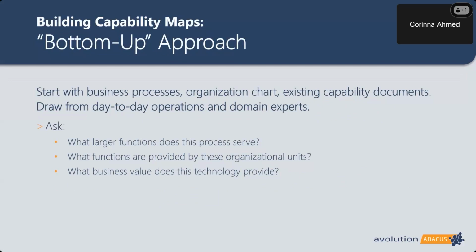The bottom-up approach is based less on how the business is perceived at the top and more about how the business operates currently, from which we can extrapolate information about the business capability map. This approach can be time-consuming, but it can lead to an accurate reflection of what will actually be relevant across the business. To go about defining the business capability model in this approach, you might start with some existing documents